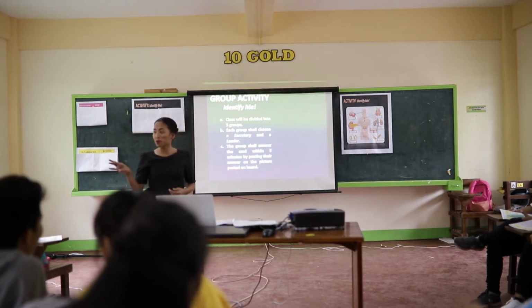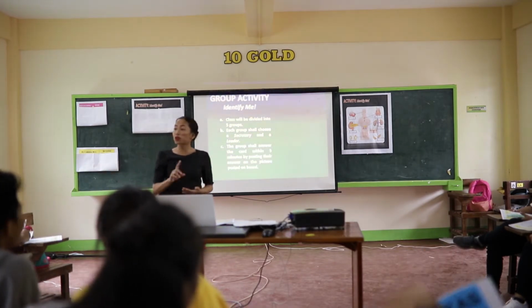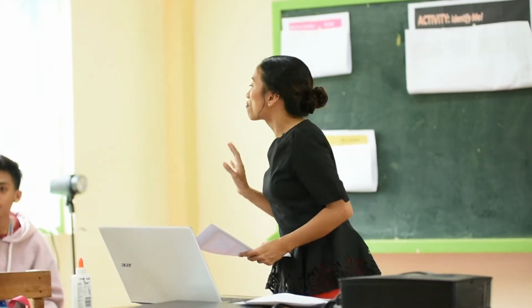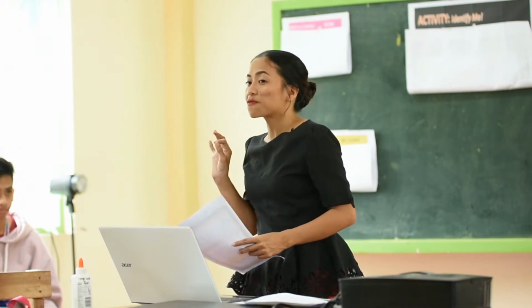Class will be divided into 5 groups, so you're now in your groups, right? And then you're going to choose a leader and a secretary, okay? You're going to list down all the members in your group on a 1/4 sheet of paper. And then the group shall answer the card within 5 minutes. So you're given 5 minutes to post your